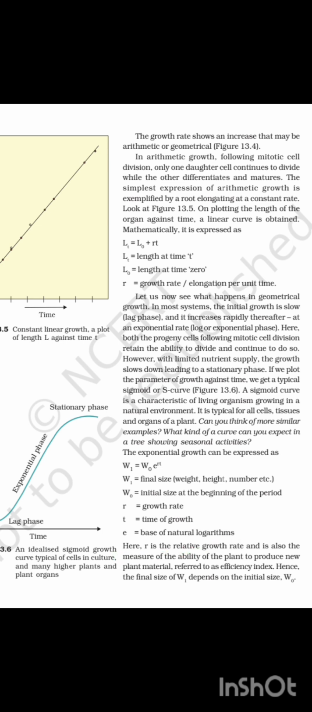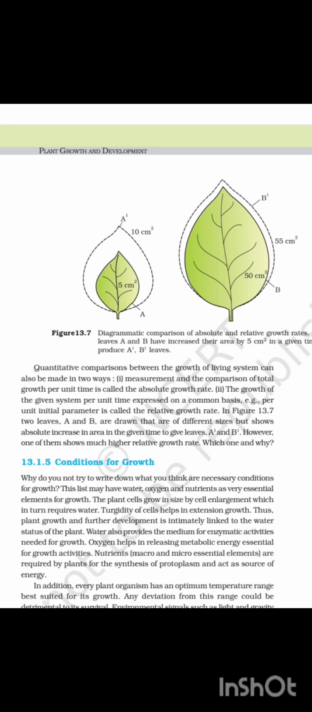Here r is the relative growth rate and is also the measure of the ability of the plant to produce new plant material, referred to as efficiency index. Hence, the final size W1 depends on the initial size W0. Quantitative comparison between the growth of living systems can also be made in two ways. First, measurement and comparison of total growth per unit time is called the absolute growth rate. Second, the growth of the given system per unit time expressed on a common basis,